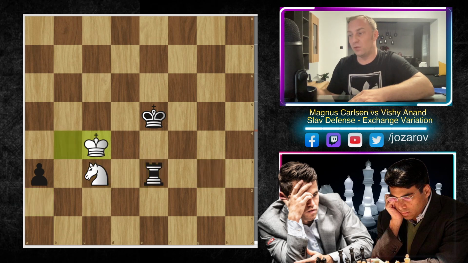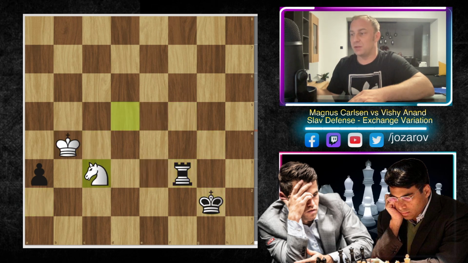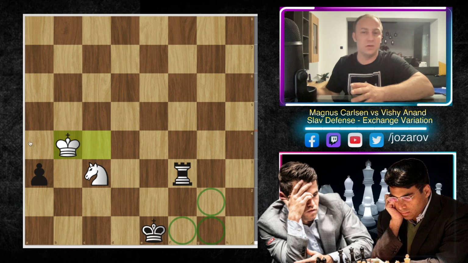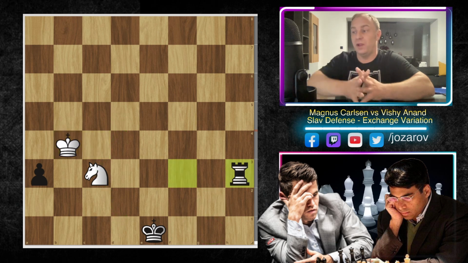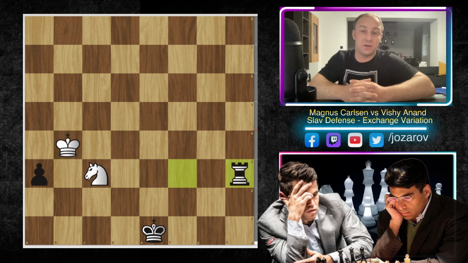So after rook to e3, king to c4, we have king to f5. Now simply the king has to move towards the queen side. But what Vishy does is, of course, he first played a couple more moves, because you can always risk some fork ideas maybe by the knight. So that's why Vishy Anand played really simple moves around potential attacks by the knight. After king to b4, rook to h3, and in this position Magnus Carlsen resigned.